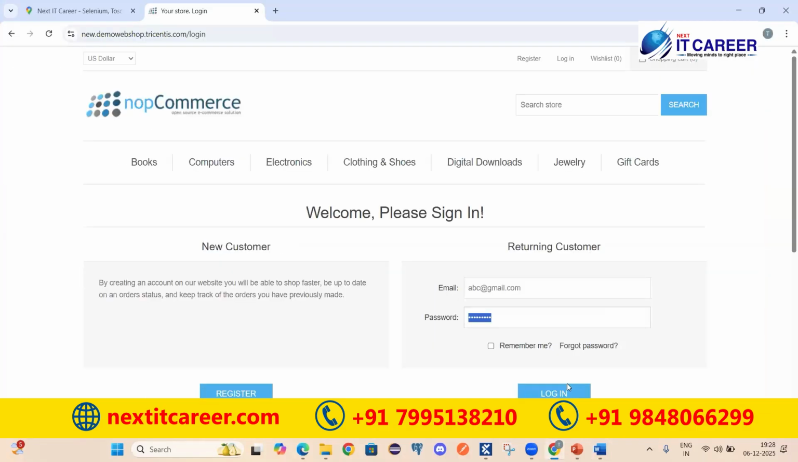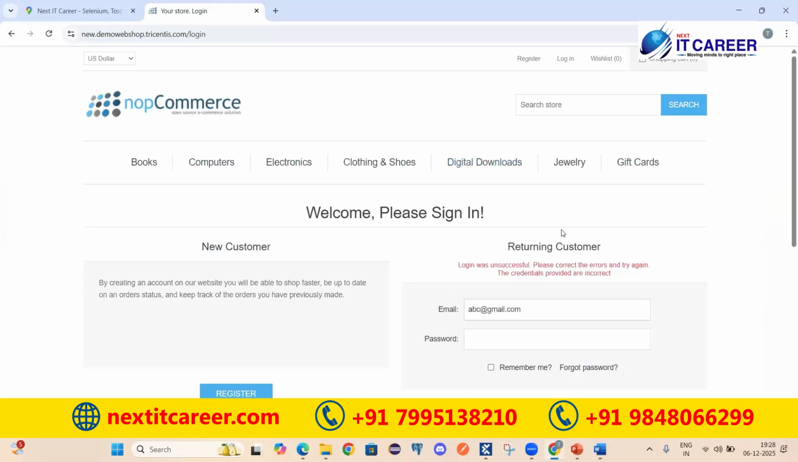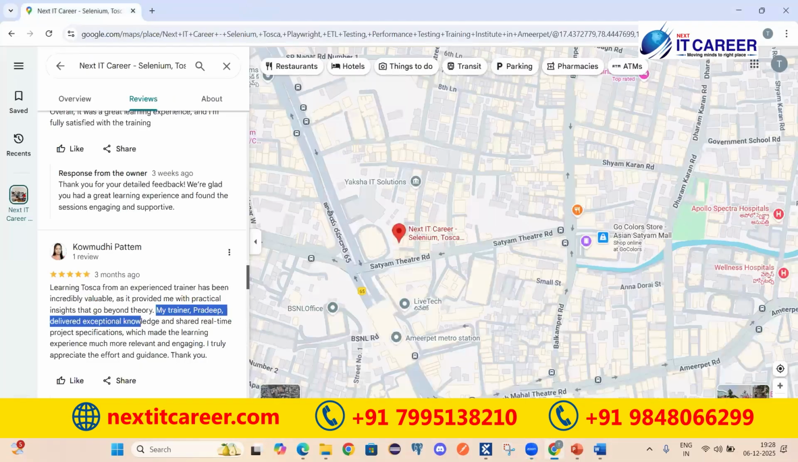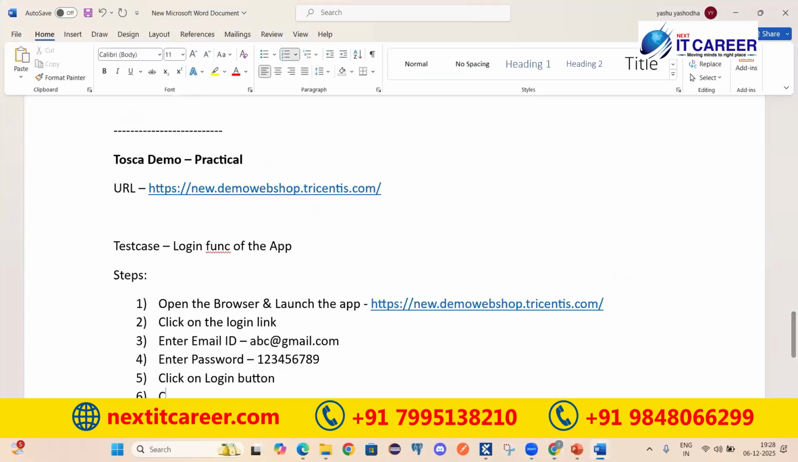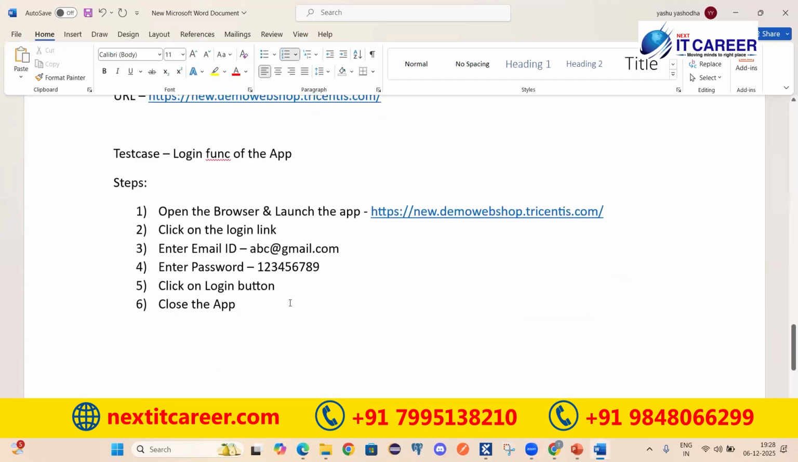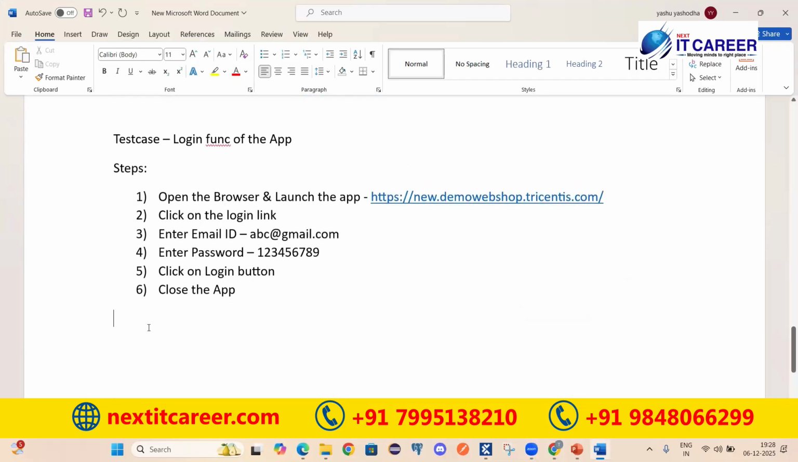After clicking on the login button, let's say I click here, and I might see something. That's okay. I'm saying I want to do only this set of steps that I would want to perform. After this, I would want to close the application, close the browser. So I would just come here and close this browser or this application. That is my last step. Close the application. So these are the 6 steps that we would want to perform as part of our test case,